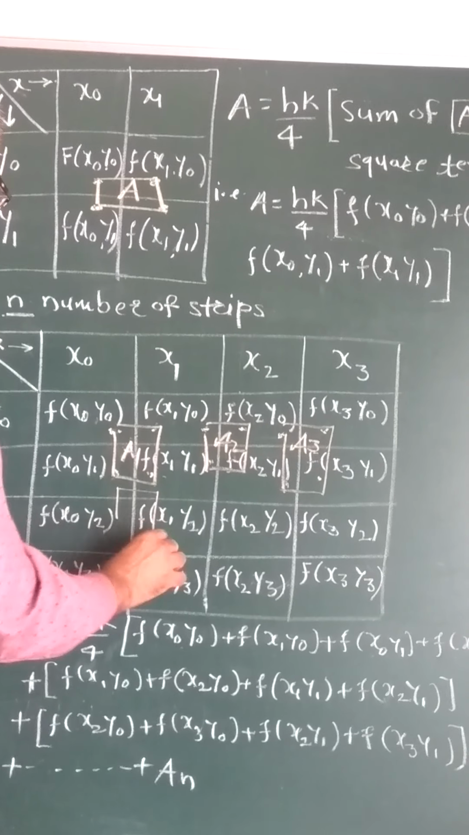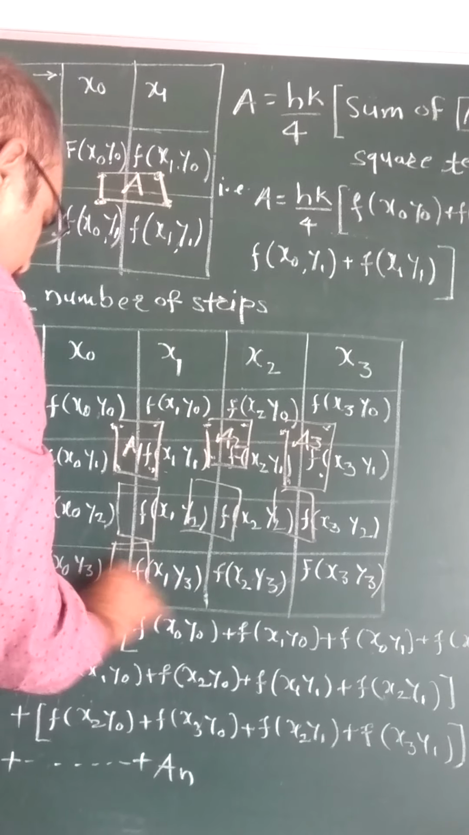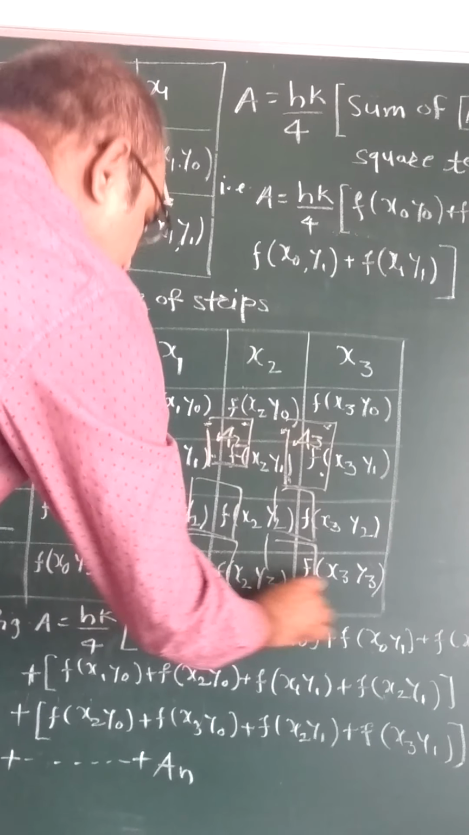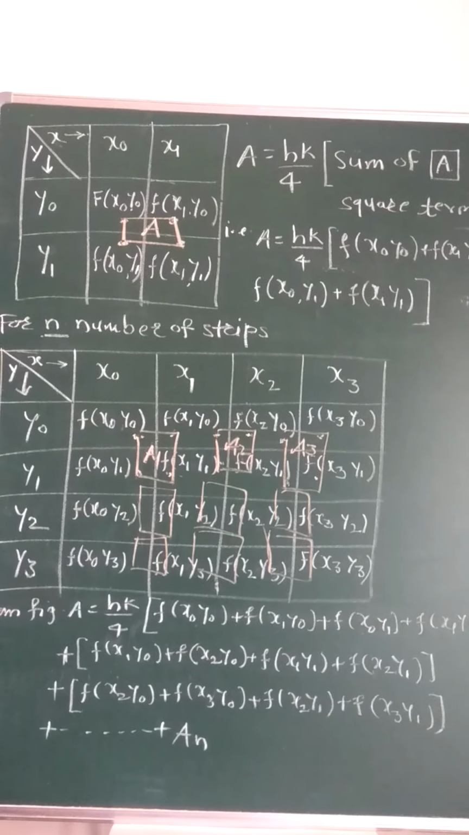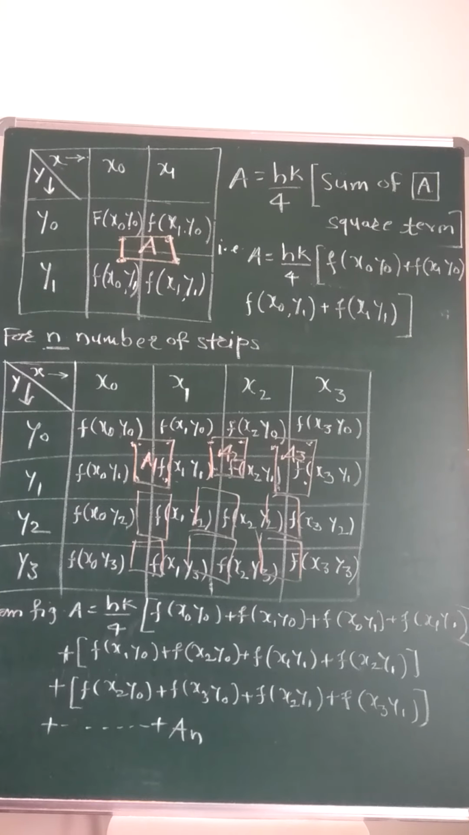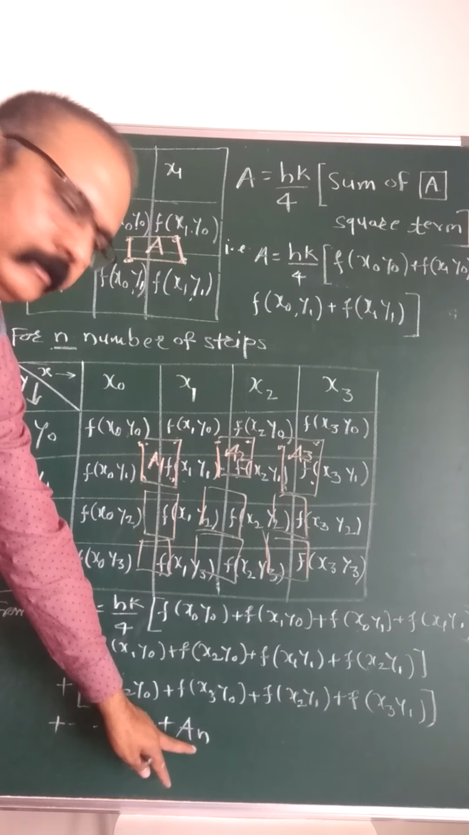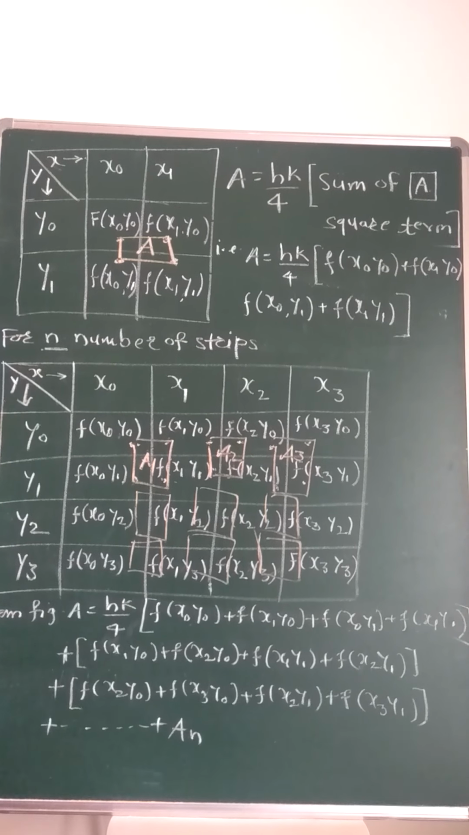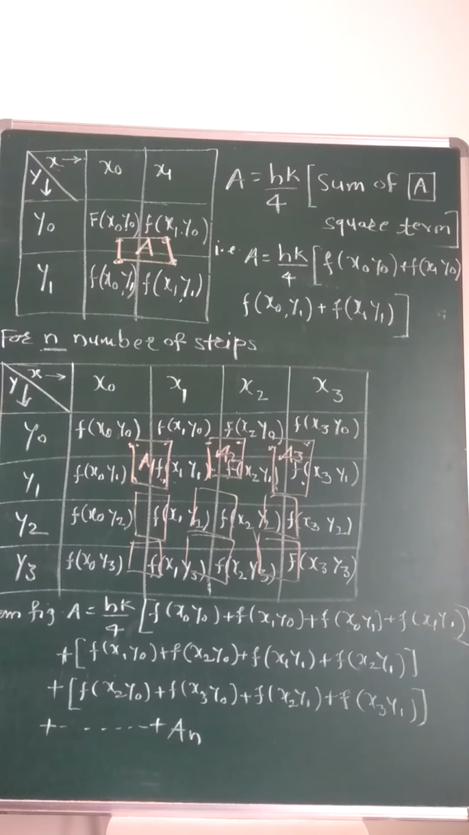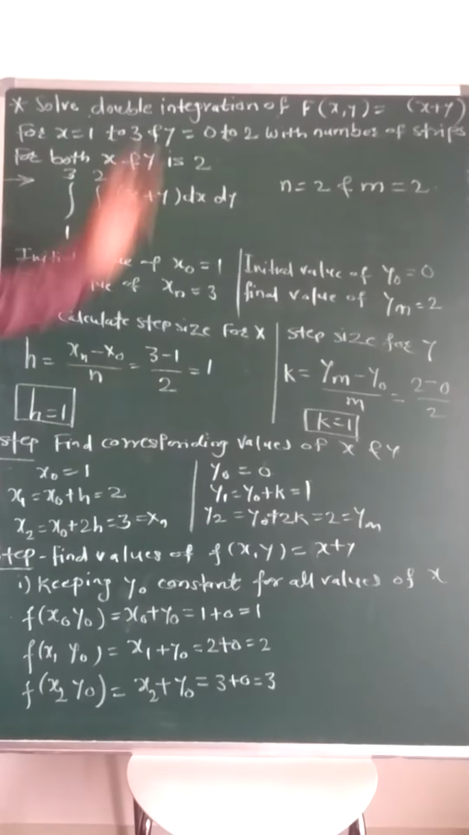Likewise, add all the areas, and you will get the area under the given curve by using the trapezoidal rule up to an. This is the final formula to obtain the area under the given curve by using the trapezoidal rule. Now let us solve an example for this